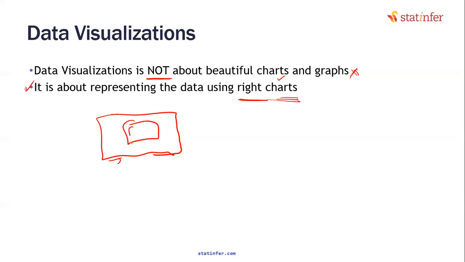Let's say this is a country-wise average income chart or country-wise average expenses chart. If you want to highlight a particular country, when I look at that chart, automatically my eyes should go onto that country without me reading your bullet points. I should be able to get that. That is visualization.